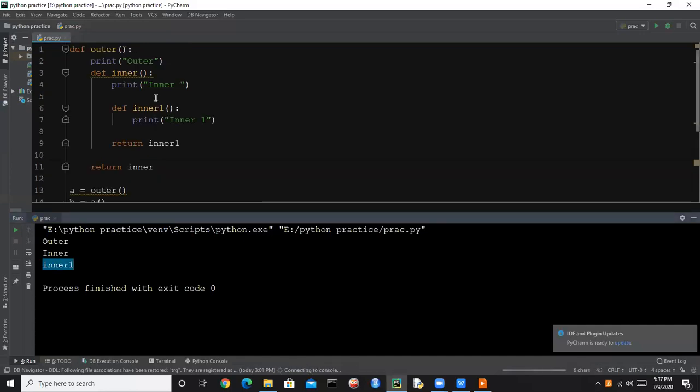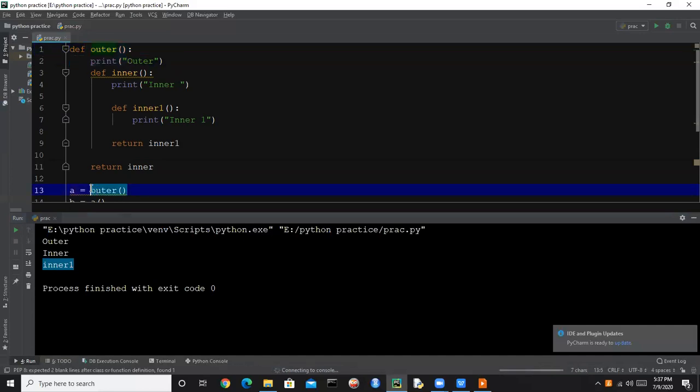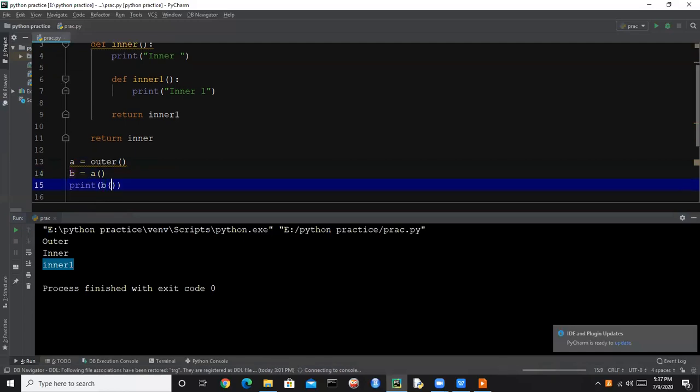So now we have the outer function. We are assigning it to a. It is giving us the function inner. So when we assign the function inner to b, now the name of the function will be inner 1. And if we call b, then it will print outer, inner 1, and None, because b is None.